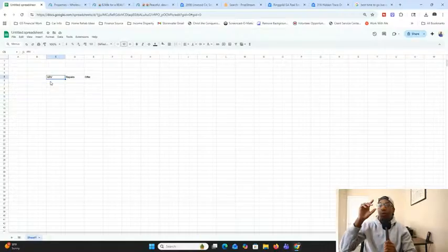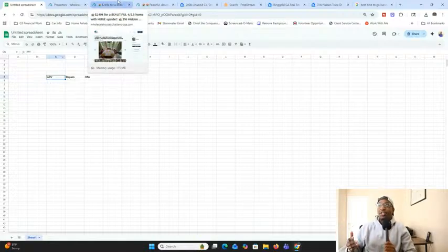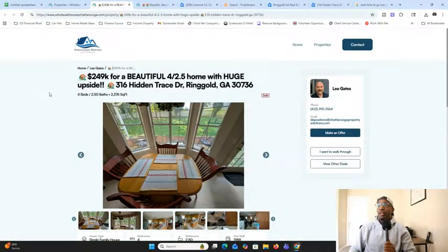So let's go to a real example listing from a wholesaler about a property, and then we're going to look up what happened with this property because this property was taken down by an investor, and they flipped it. Now it's on the market and it's actually pending. It's under contract to be sold. So we'll go through the whole step of this process so you all can see. And now that I'm on the other side, I can show you all this. So right here, this is